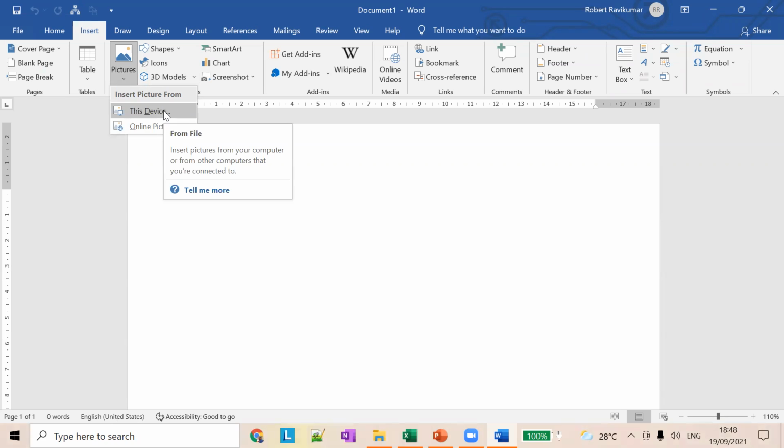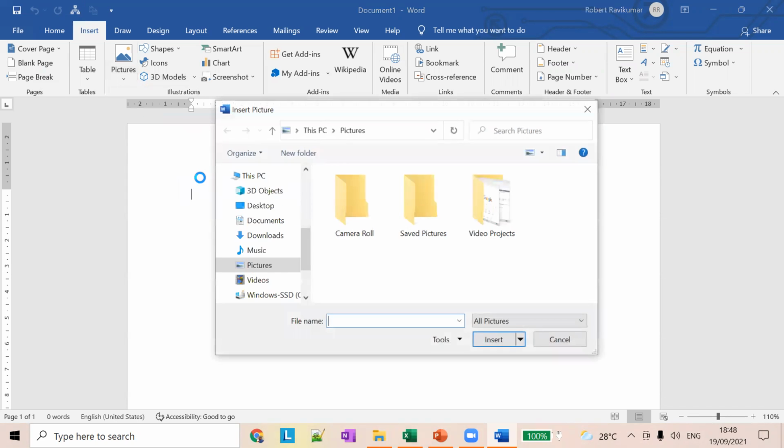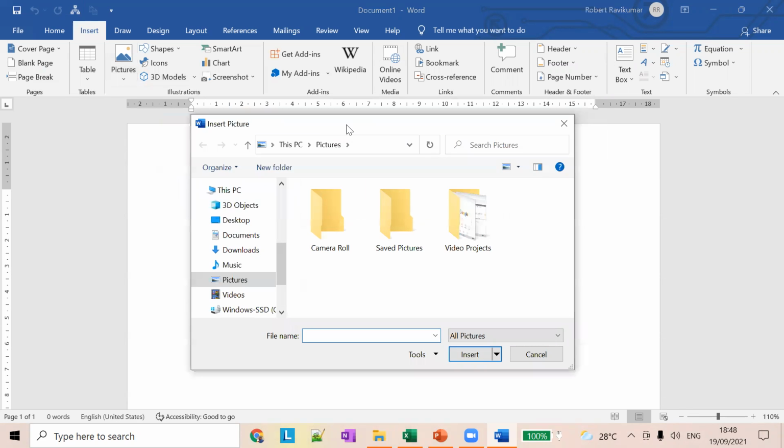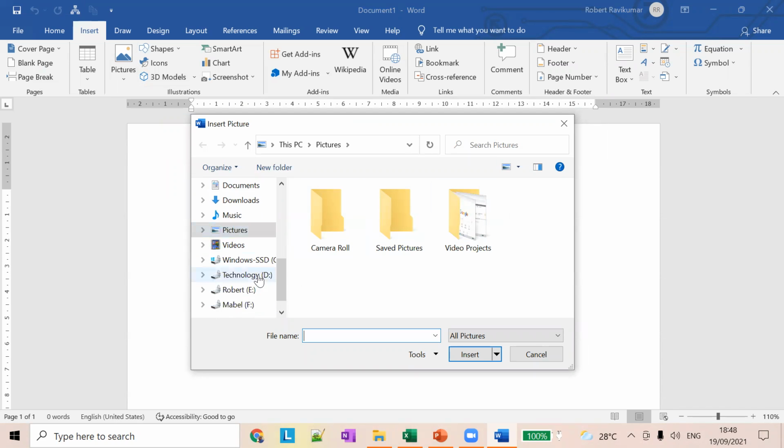One is from this device: insert pictures from your computer or from other computers that are connected. We're talking about inserting pictures from your own computer. So it says this device, right? Click on it, and an Explorer window will open, and in that window you can browse through the folders and select the picture.